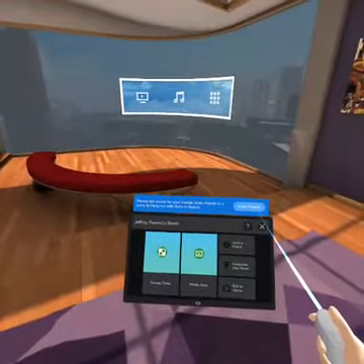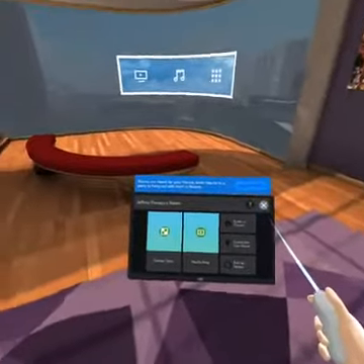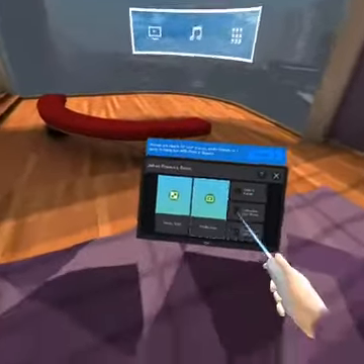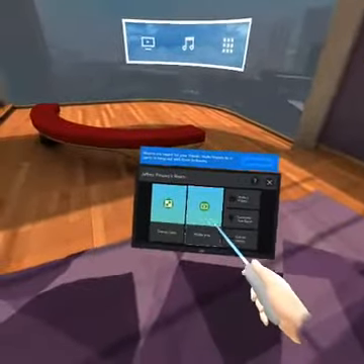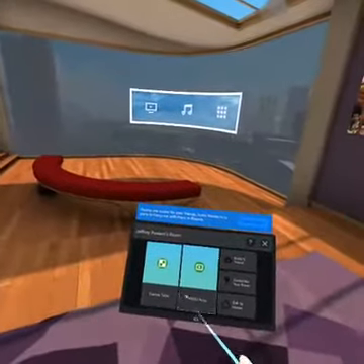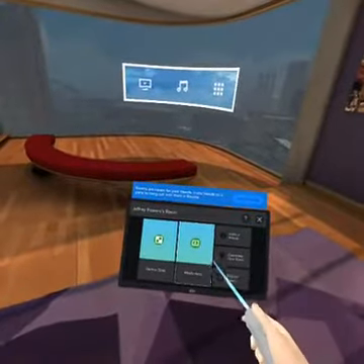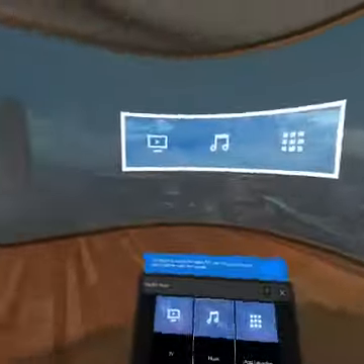Rooms are meant for your friends. Invite friends to hang. So I could invite friends here, but I'm not going to do that just yet. Now, unfortunately, you could probably see this, but I got the comment thing in my way. But I can go to my different areas. I'm in my music area. You can go to my media area, my games table. Let's go to the media area.